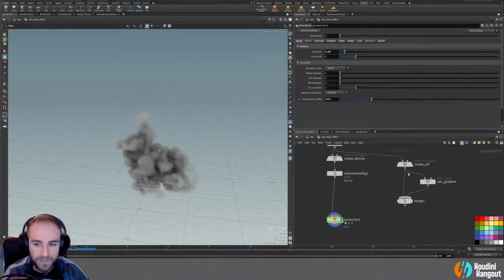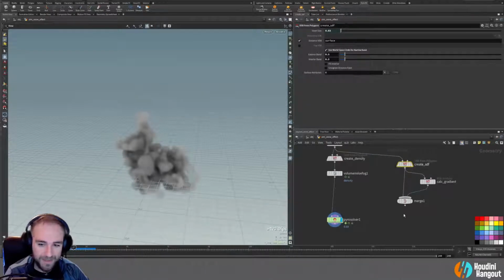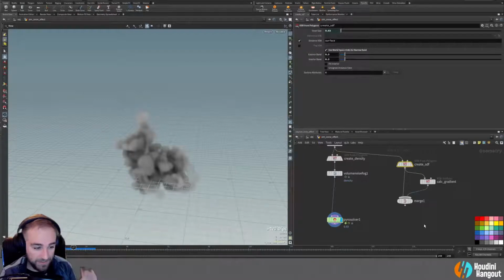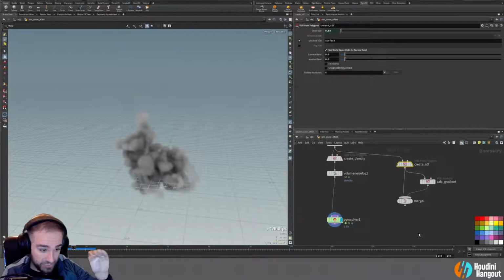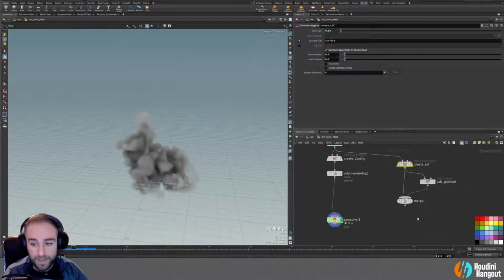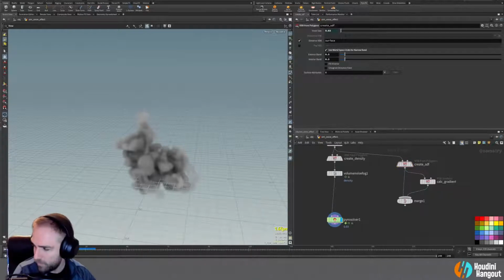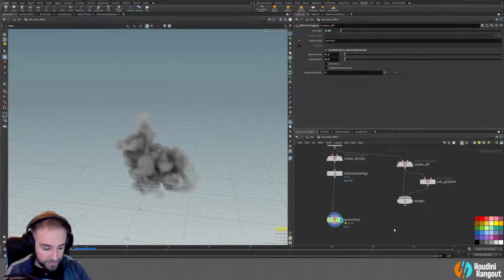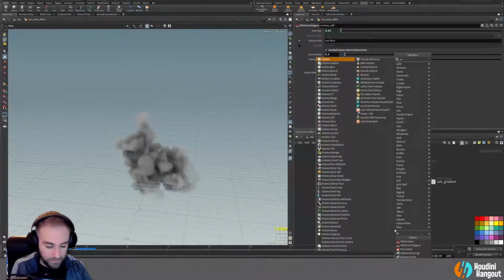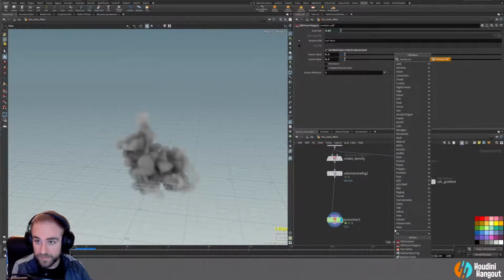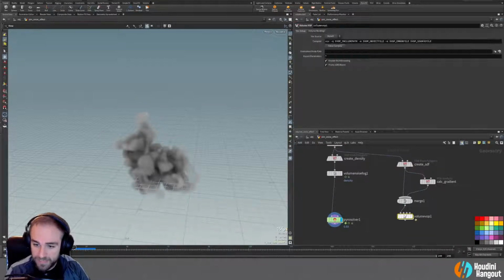So what I want to do is use my SDF field that I created and basically multiply that against this gradient, and that's going to give me the ability to adjust those values based on how far they are away, so that as we get closer or farther, they'll either get smaller or larger. So what I'm going to do is actually use a volume VOP for that, and that is going to be a pretty simple set of calculations here. So I'll just drop down a volume VOP and we'll drop it down there,